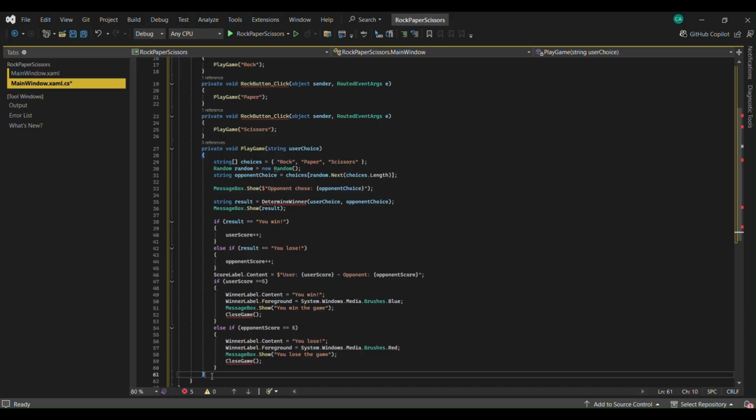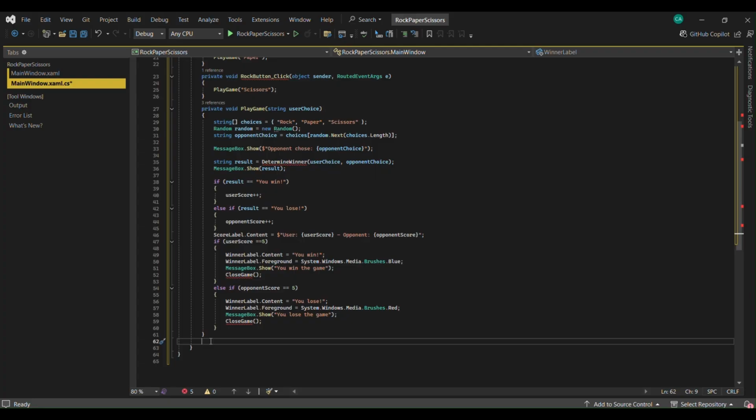And the last method, we have the determine winner method. In this method, we check the logic of who wins the game. If the user choice and the opponent choice are the same, it's a draw. If the user beats the opponent, the rock beats scissor, paper beats rock, and scissor beats paper, the user wins. Otherwise, the opponent wins. So we put that here,